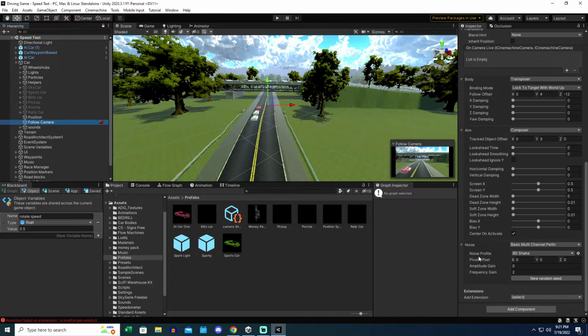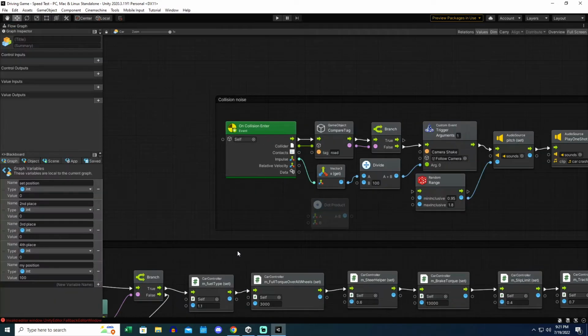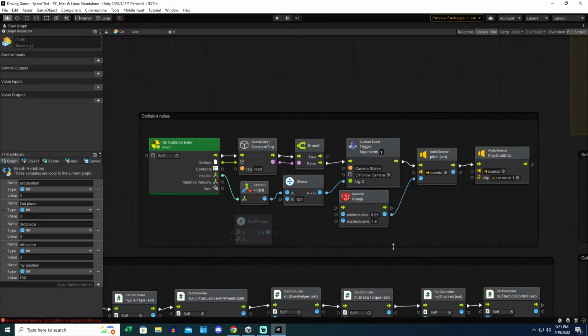And there are a few very easy units we can add in visual scripting to make this happen. It starts in the car or the game object. For me, that's the collider. Now you could do this in any game object you want. In the car game object, we have this On Collision Enter graph already made. I took the dot product out. Using this On Collision Enter event, we're already comparing the tag to the road,